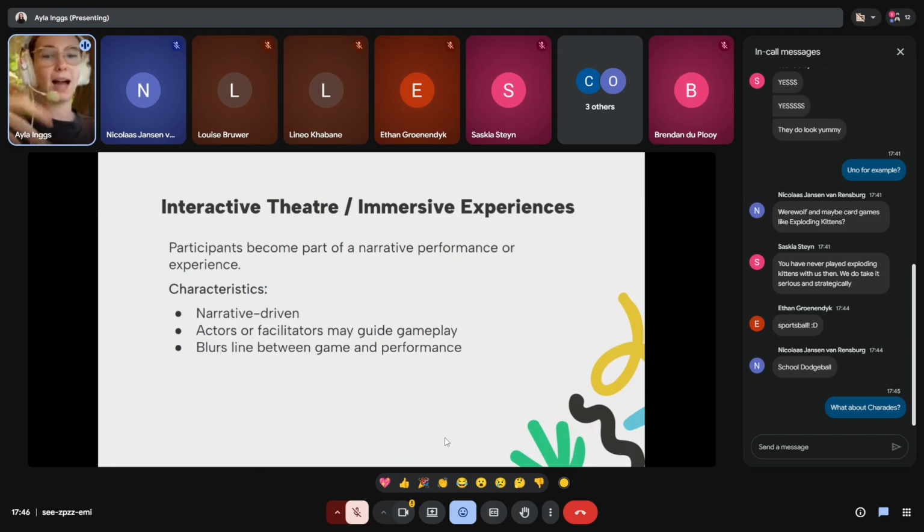Here we have a narrative that's driving us towards something. We have our facilitator, which is the game master, and then we have that line of being like, am I the person in the story? Am I just myself? It's kind of a game, but it's also puzzles, and it's also being this person that I've been assigned to be, that sort of thing.